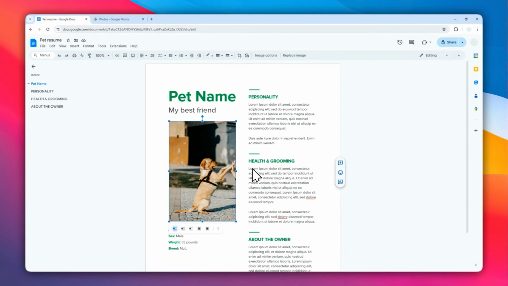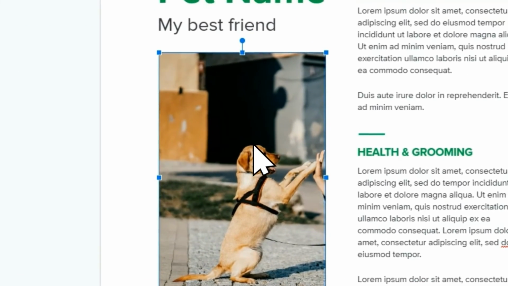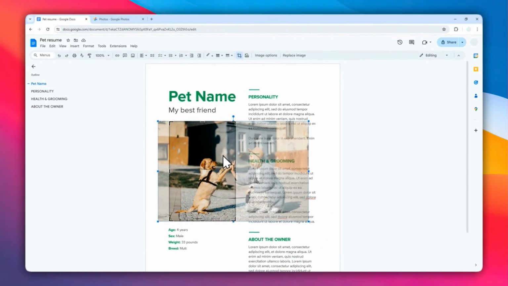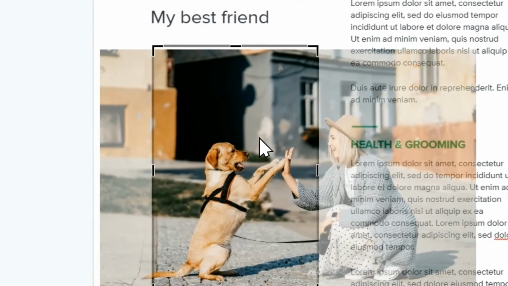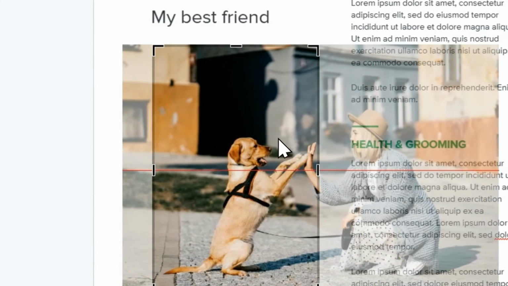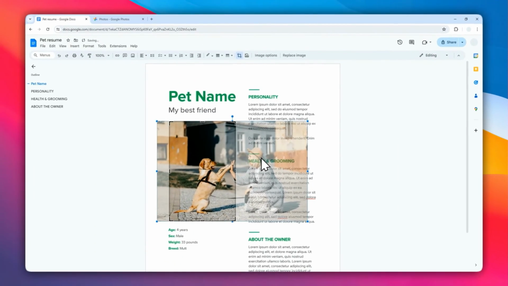But don't worry, let's say if you want to change the frame of the image again, you want to show something else, you can always double click on the image. And then it will open the crop menu, which allows you to show the area that you want to show in the frame. And that's essentially how you can crop a